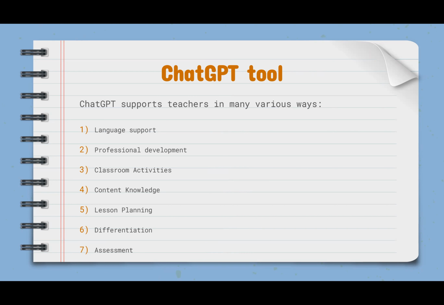Last but not least, ChatGPT can assist in developing assessments, providing sample questions, and offering feedback on student work. Teachers can use ChatGPT to generate formative or summative assessment ideas, explore different assessment formats, or receive suggestions for providing